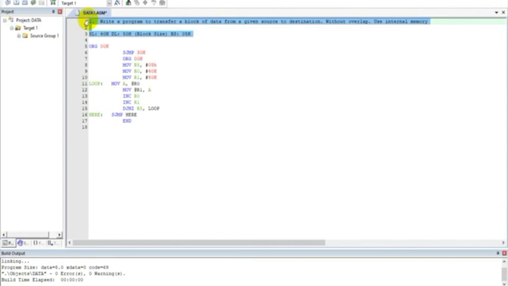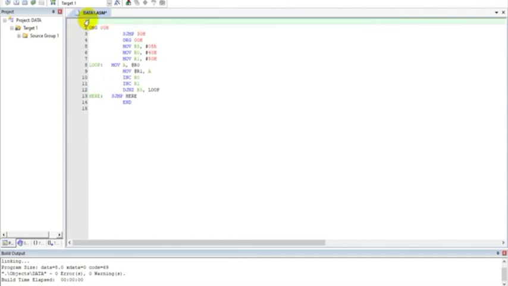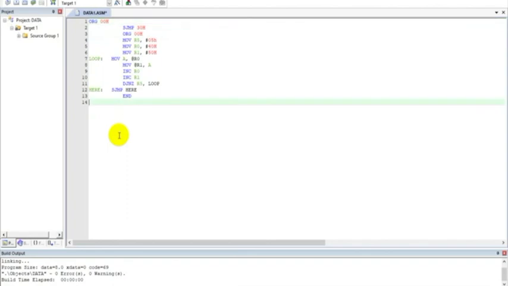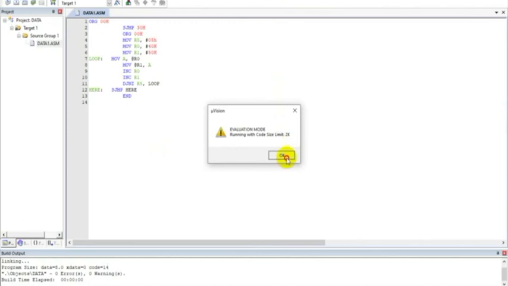I am deleting the prerequisites. So I am retaining only the file. I have saved the file as .asm already because we know the procedure which we had gone through in the intro and also for the previous program, and the program is also added. I'll just click on save and I'll translate to check for any possible errors. As of now we don't have any errors, so we can build the file translating it into microcontroller architecture. Next I'll debug. So I click on OK.